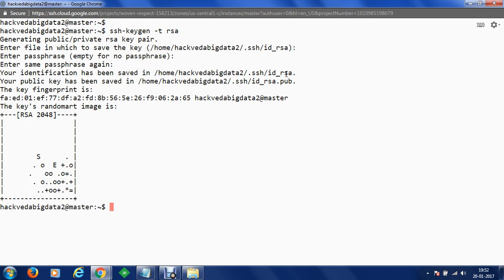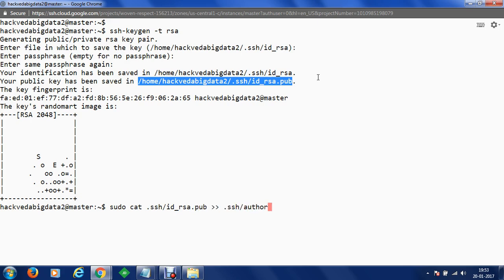So a new id_rsa.pub file has been generated in the .ssh directory. You can see that here. This is the file which has been generated. And now what next we need to do? We need to copy this into our authorized keys. So in order to do that, we can simply copy that using sudo cat .ssh/id_rsa.pub, and we are going to save that into the SSH directory, and we are going to create a file known as authorized_keys.